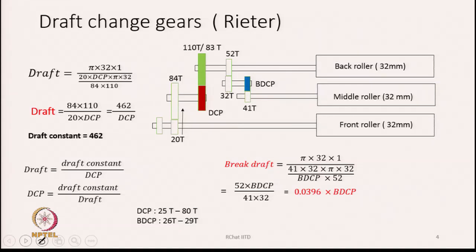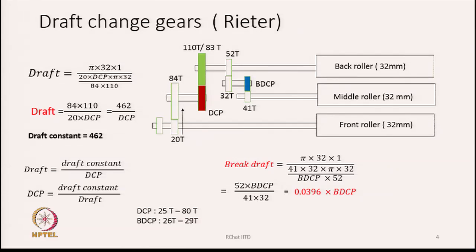We have to remember the definition of draft, which we already know. So for the calculation purpose, we can easily find out the draft by taking that if the front roller rotates by 1 revolution, how many revolutions the back roller is going to rotate, and for 1 revolution of the front roller, what is going to be the linear delivery,